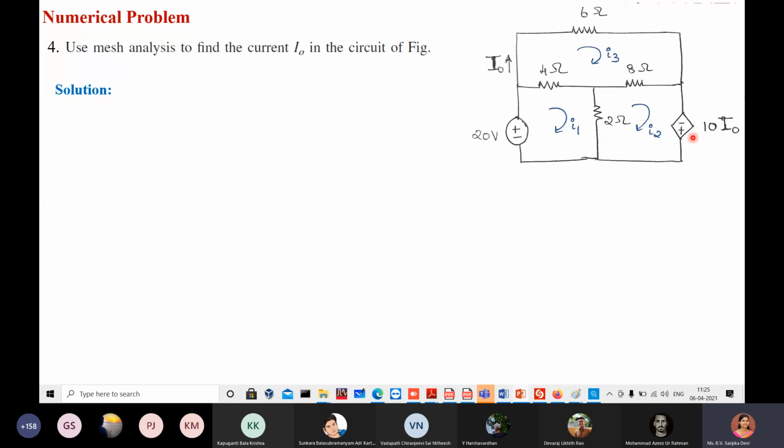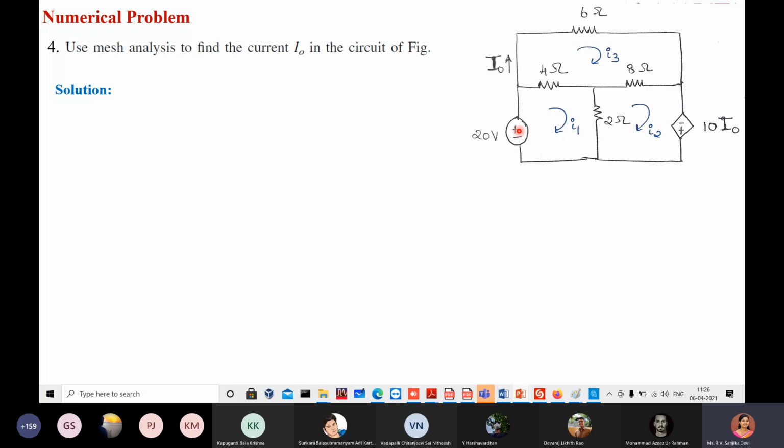As I told you, if we have only voltage sources, we have to only apply KVL for analyzing the circuit. There are three loops in the circuit, so we have to write three equations corresponding to each of the loops. For the dependent source, this voltage source is dependent on the current I0, so we have to eliminate this new variable by finding its relation with the loop currents. With that, we will get three equations with three unknowns, and solving that becomes straightforward. So we'll start one by one.